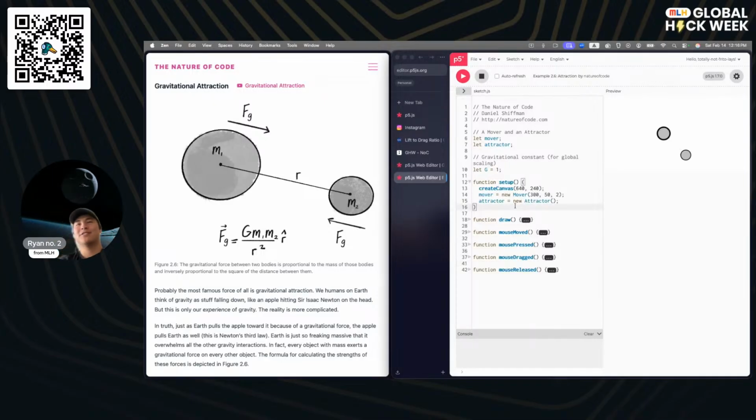Let's look at the setup function. Nothing too crazy over here. We've got create canvas. Create canvas just means this area that we're drawing right here, where the things that we draw go inside of. It's setting the area that we can draw, like the size of the paper, if we were thinking about traditional animation. That's basically what that's doing.